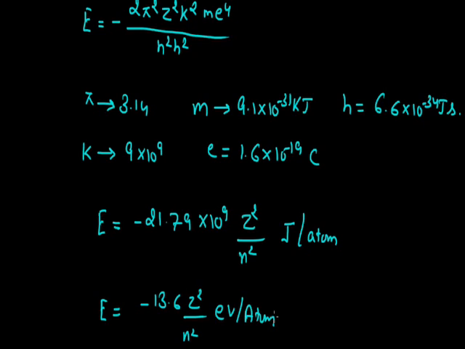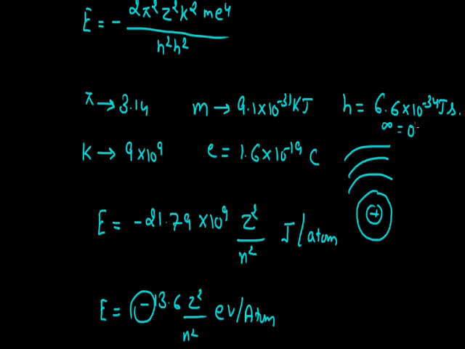Now, about the value of energy, we can see that there is a negative sign. This negative sign indicates that the electron is under the attractive force towards the nucleus and is bound to the nucleus. From this formula, if we calculate the energy, we will find that the shell nearest to the nucleus, the K shell, has the least energy, and as we move farther from the nucleus, the energy of the electron increases. It is maximum at infinite distance, and at infinite distance the energy of an electron is taken as 0, which is the maximum possible energy related to this atom's electron.